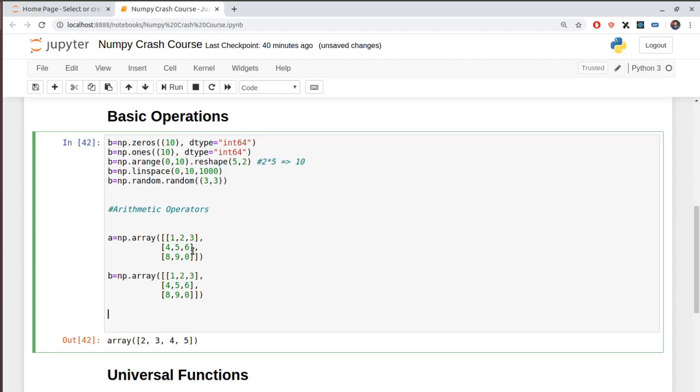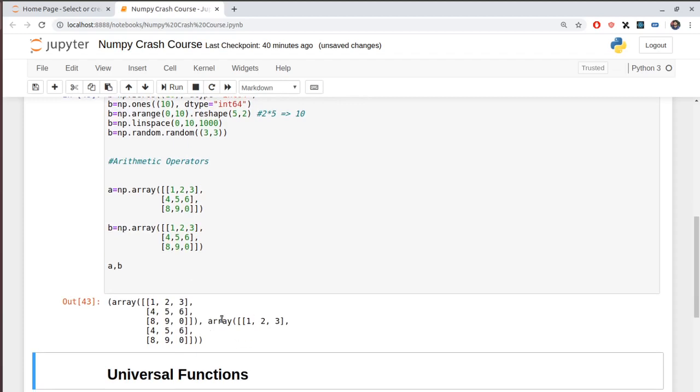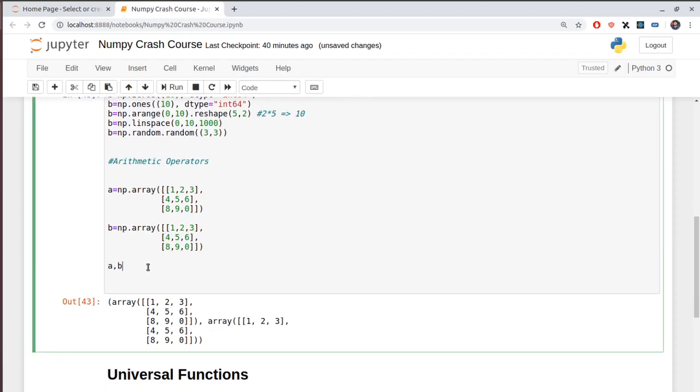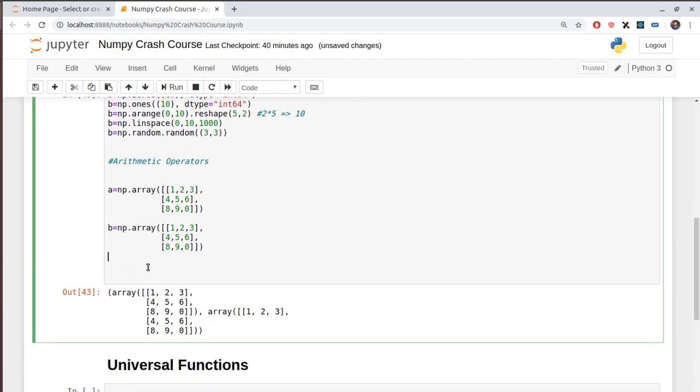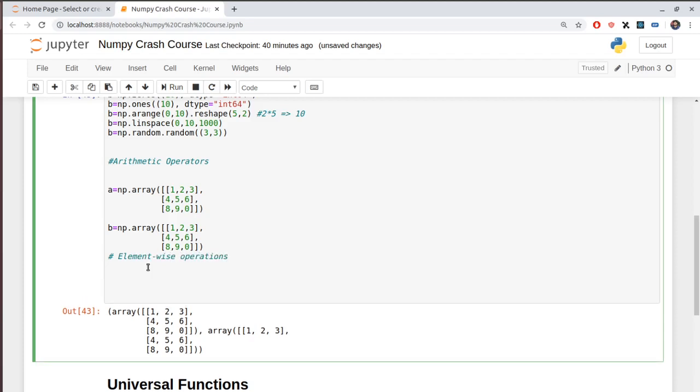Okay, so let's just make sure that there's no problem here. Okay, so both of them are actually created. So now we have everything in place. Now let's try to actually perform what we call in NumPy, or simply in mathematics, element wise operations. Okay, and what we will be doing here is that we will be actually adding and subtracting and multiplying two